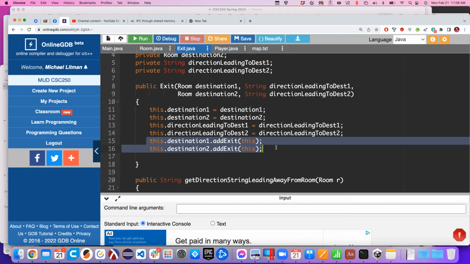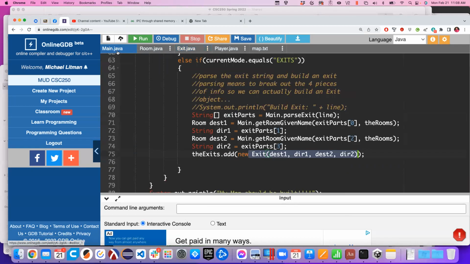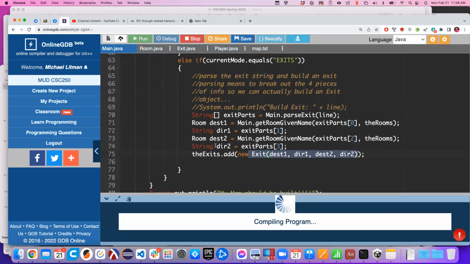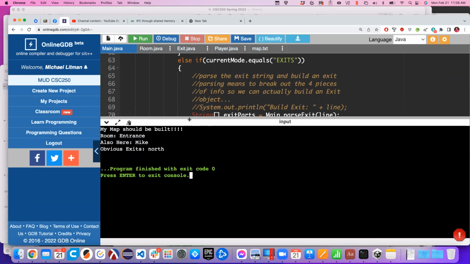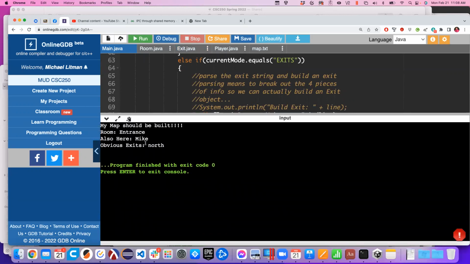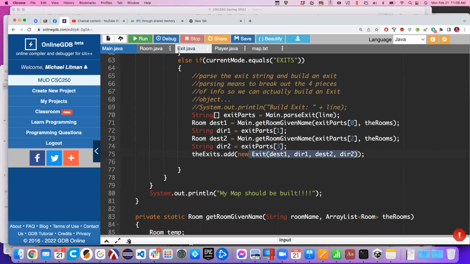That make sense? So now when we run this, we see that there is an exit to the north. All right, now,